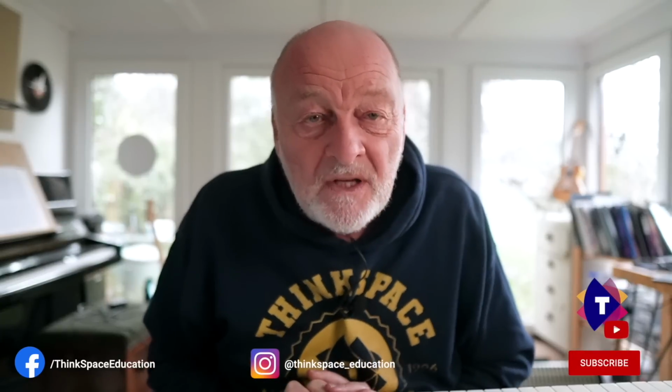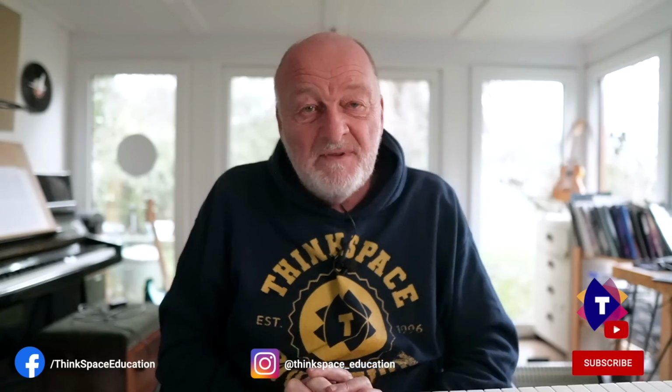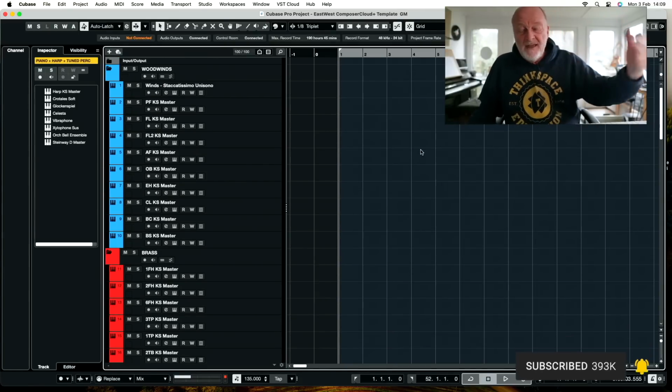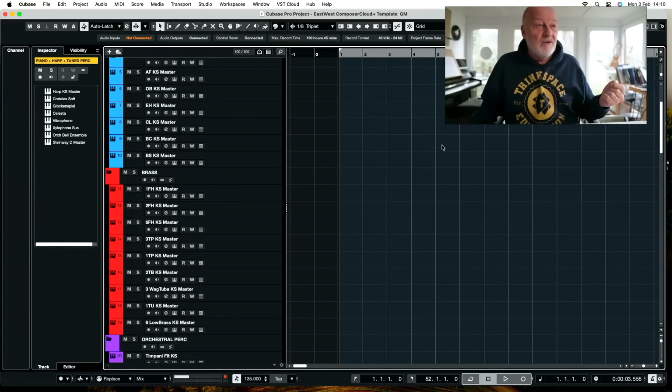Hello everybody. Today we're looking at EastWest Quantum Leap's new DAW templates, which are free. You can download them from their website. There's a link underneath this, and it just saves you an awful lot of hassle. But I just thought we'd look at the DAW templates themselves and how this interfaces with Composer Cloud, their subscription